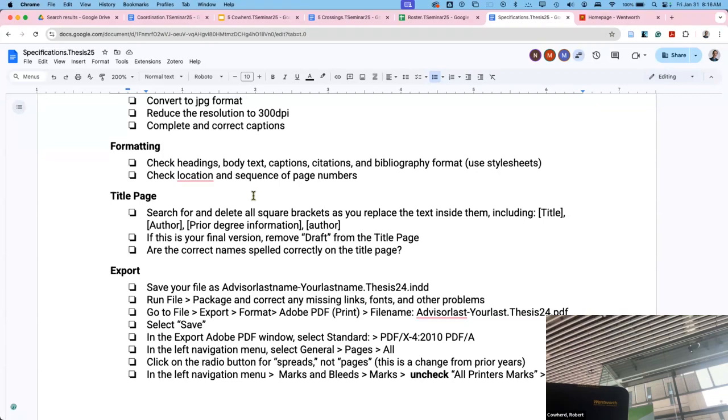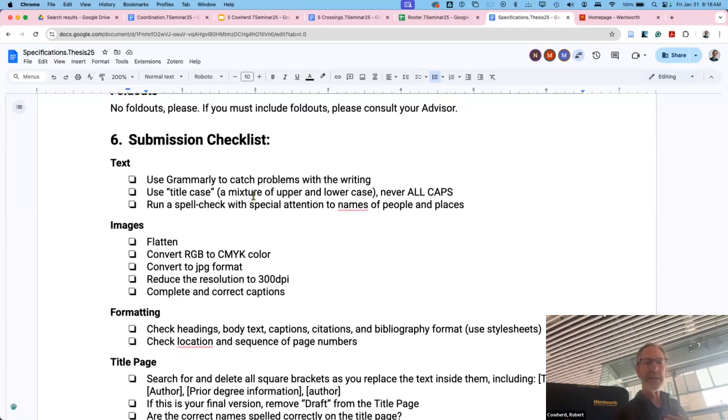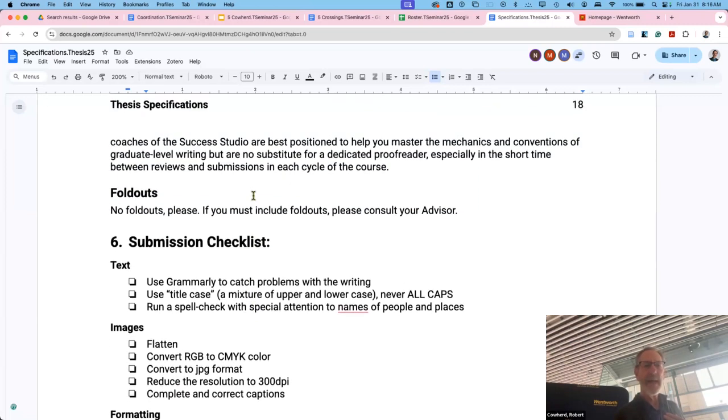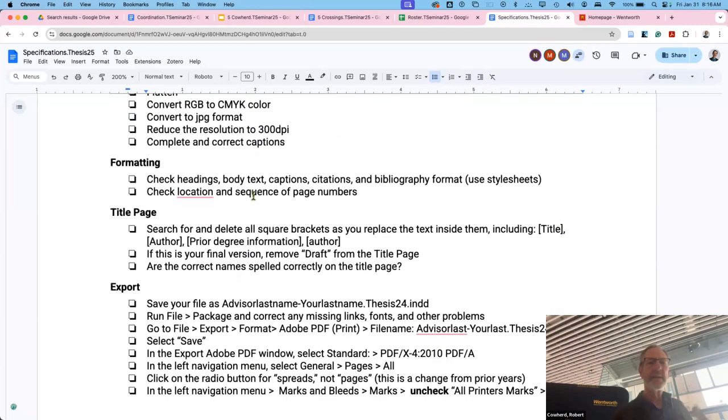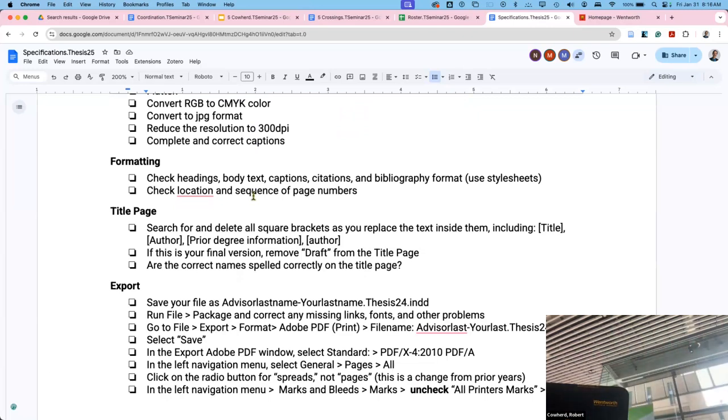As your feeling of elation is growing, the thing you do is you package it. You run a check and you package it, and this makes sure that all your auxiliary files are connected with your InDesign file. Then you export it as a PDF. And it pulls all those latest versions of your images and your text, and it creates a PDF out of